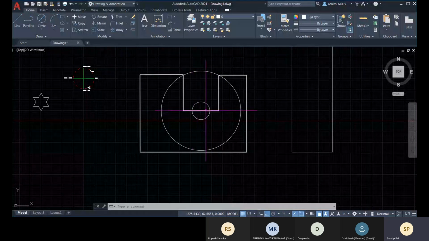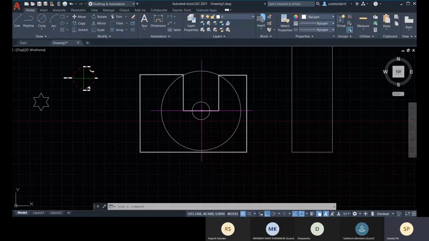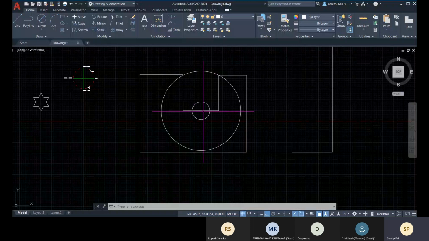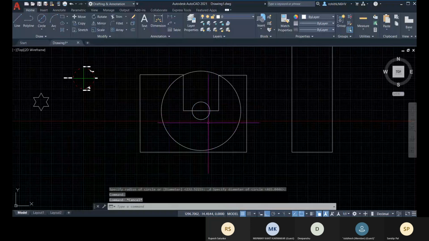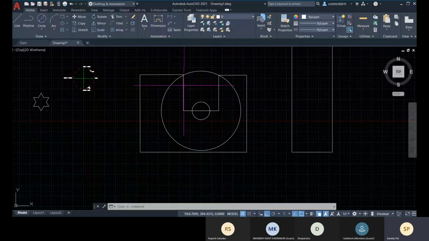It is not the distance for the radius. The total distance between these 2 points is the diameter of this circle. You can specify that with the mouse, or else you can type the value.